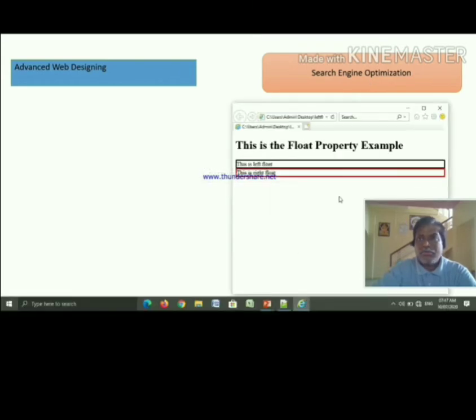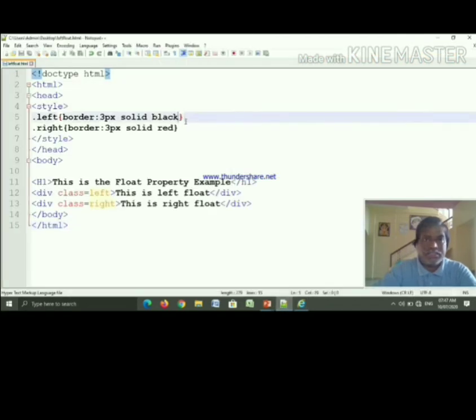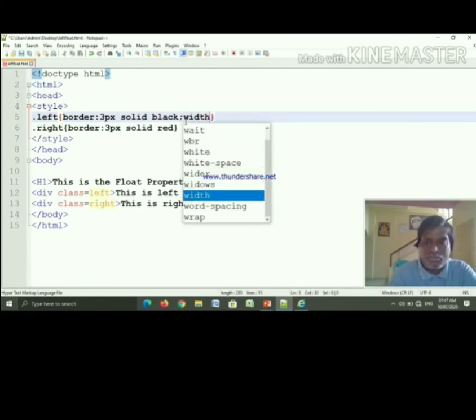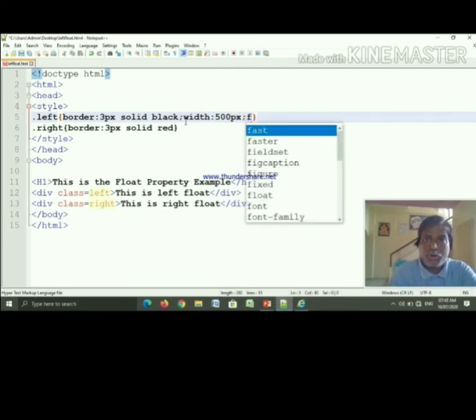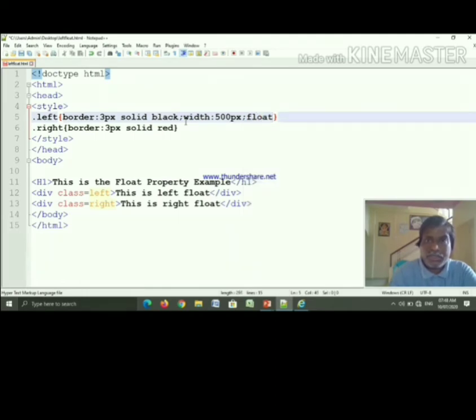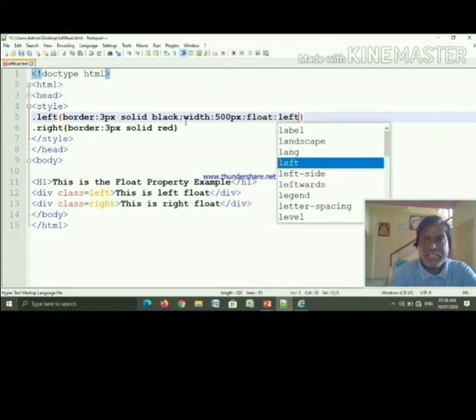Okay, so we will make a change in this program like this. See, in class left, take width equal to 500 pixels and use the float property with the value left.